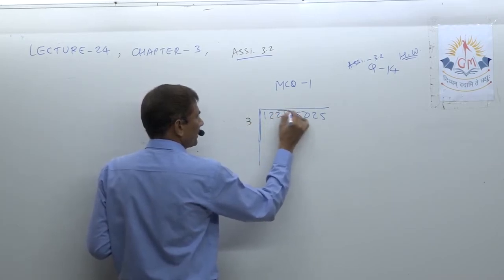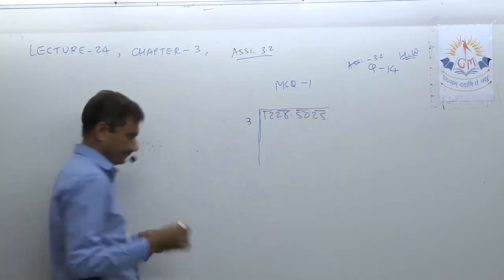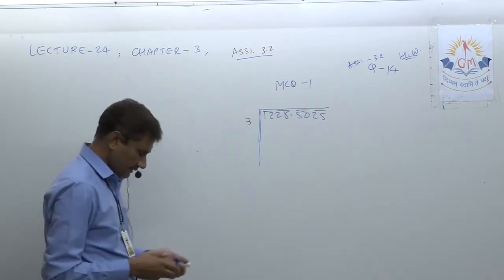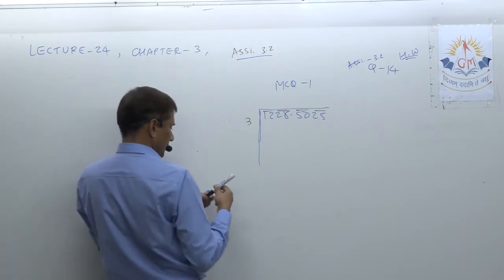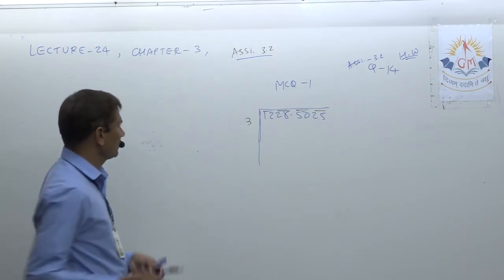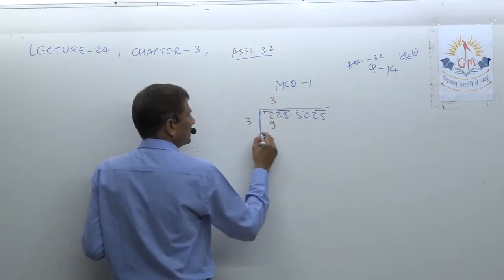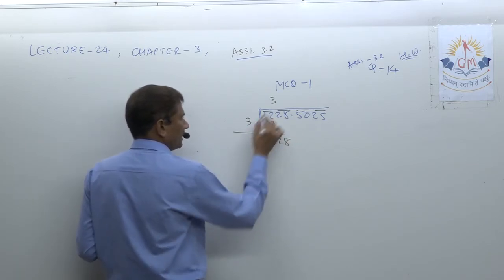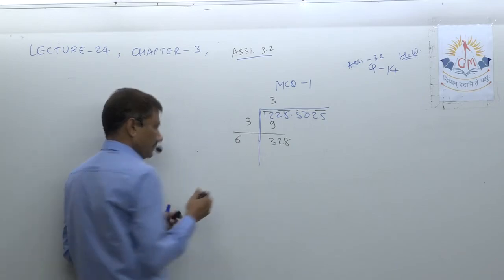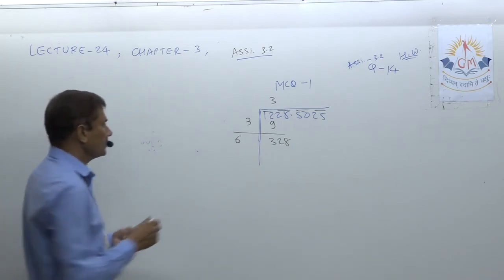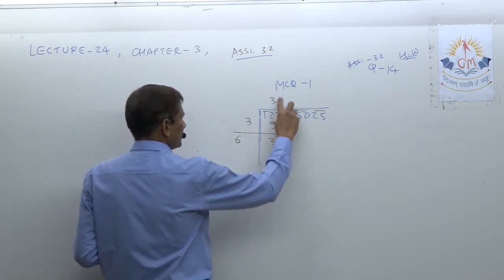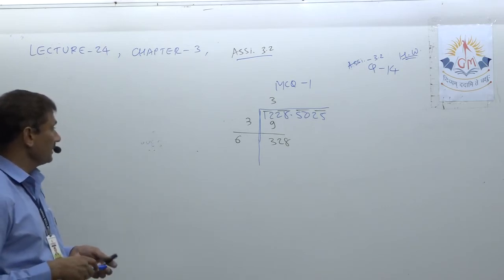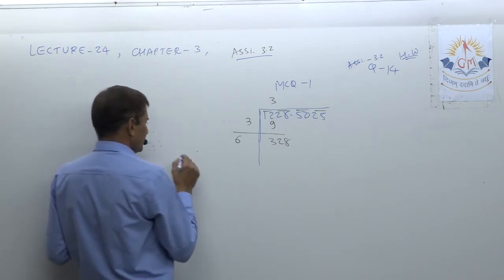So first of all, making pairs here. You know how to make pairs: from the decimal point, left side and then right side, up to 2 digits. So now 3 3s are 9. It leaves 3. Okay, first step over. Now 28 comes down here. Now make double of the quotient and write it down here. Now I should check: 61 1s are, 62 2s are, 63 3s are, like that, 64 4s, 65 5s. So I think it is near 65 5s.